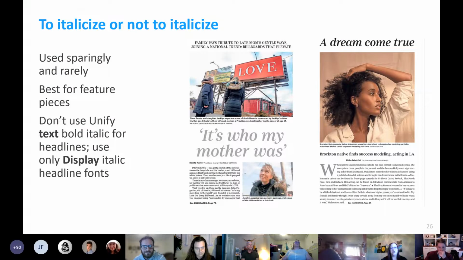Italics should never be used at hard news stories. Rather, it should be reserved for feature pieces or headlines that incorporate a quote or emotion. It's best reserved for stories with impact on covers and not on inside pages. Reach out to a manager if you're unsure if it is appropriate to use. If you do use italics, remember to use the display italic fonts rather than blowing up italic text fonts.